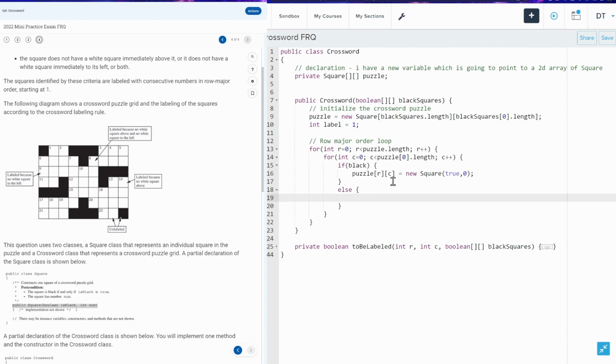So the question is is it to be labeled? If it is to be labeled, we need to use the label. If not, we'll just do the regular way. So if to be labeled, and use the R, use the C, and use the black squares array. Okay, it's just called black squares, so that's enough. So I've used it correctly, and it's going to evaluate to true or false. So if this is true, it needs to be labeled, then I'm going to create that puzzle,